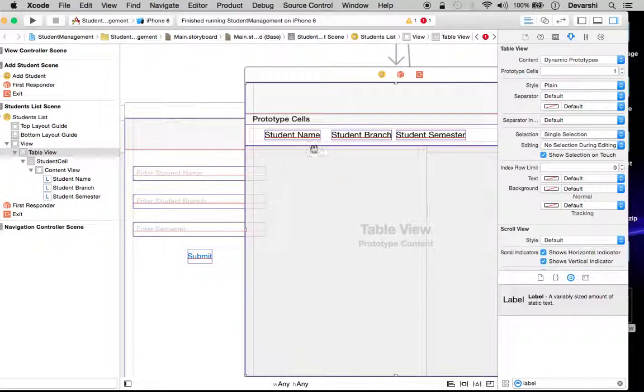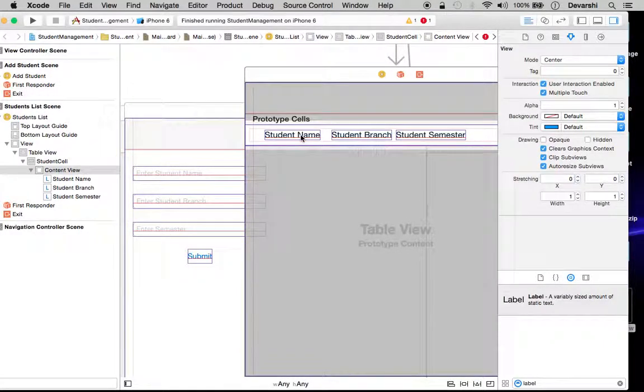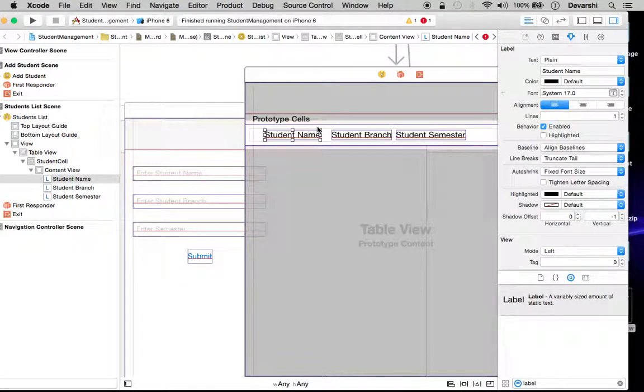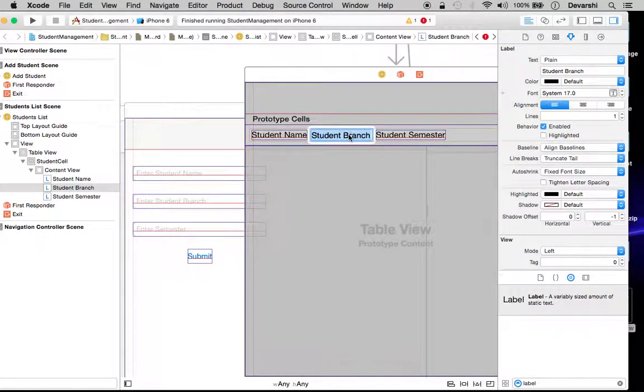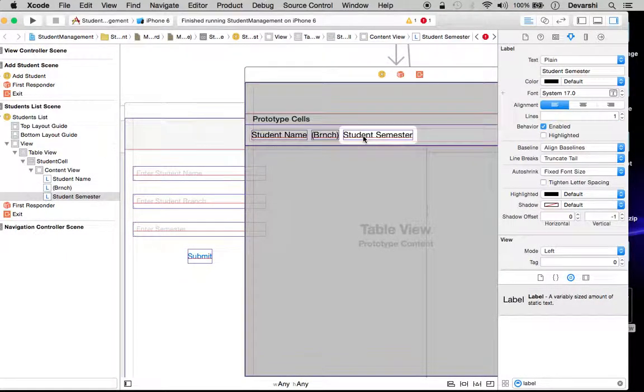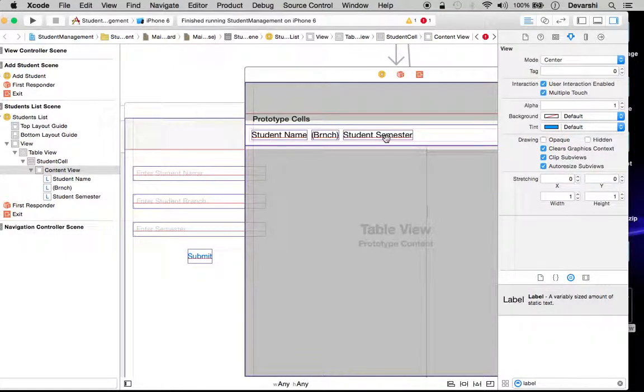So for now what I will do is, let me reposition it. Okay, so let me shift it a bit to left, and let me do the same thing with branch and semester. So generally branch will not contain this much space, so I will change it, and maybe I will add abbreviation branch, and then I will move this. So this also will not consume this much space, but for now I am leaving it like that.